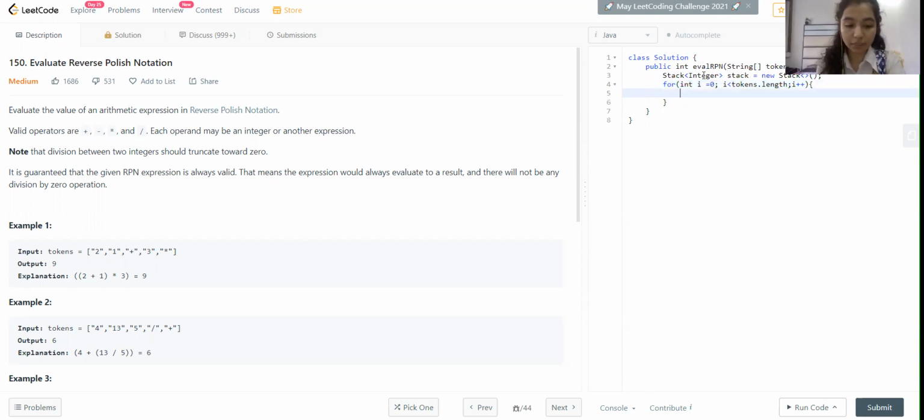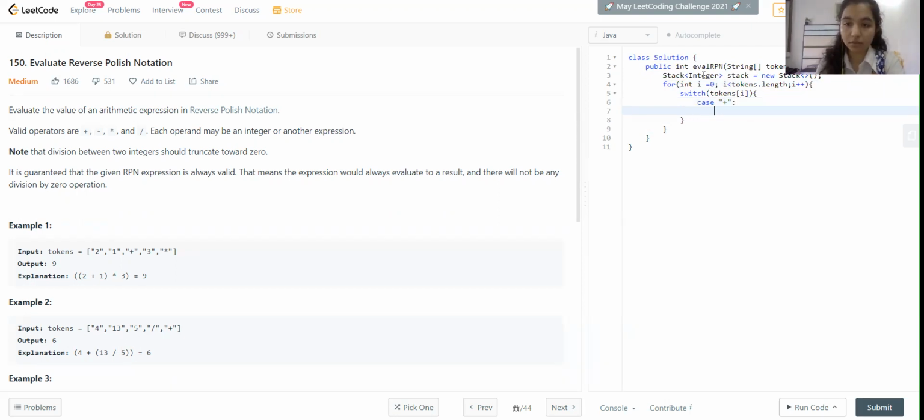Now we're going to apply a switch case. You can also do it with if else, but switch case is easier. We're going to use the switch case on tokens of i.